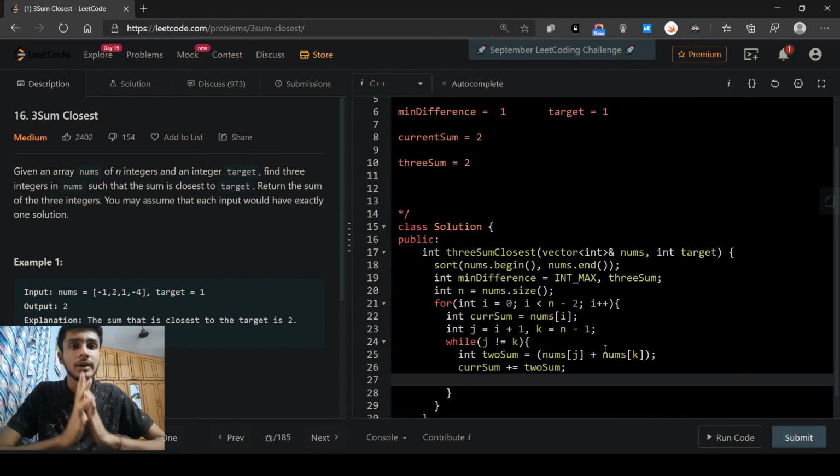Now we need to check if our current sum has come closer to the target or if it has gone further away from the target.